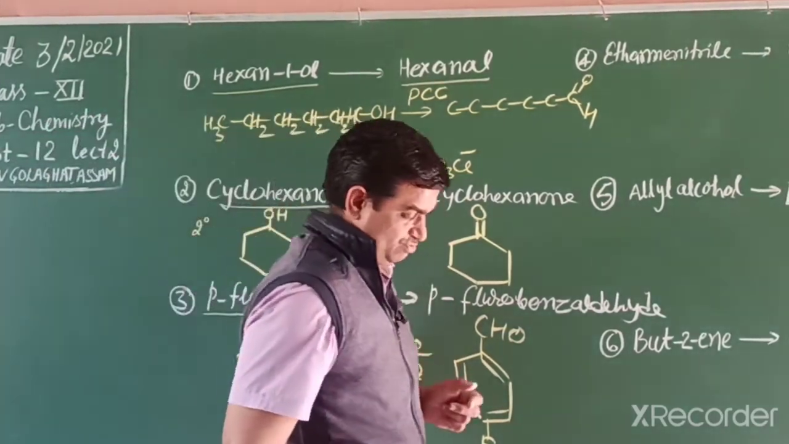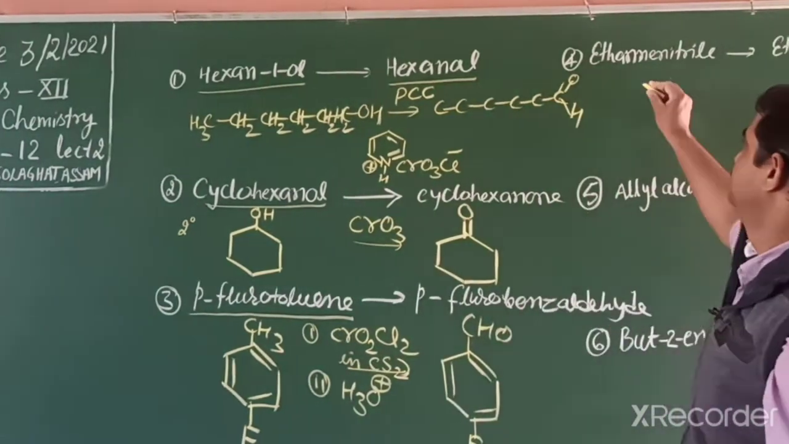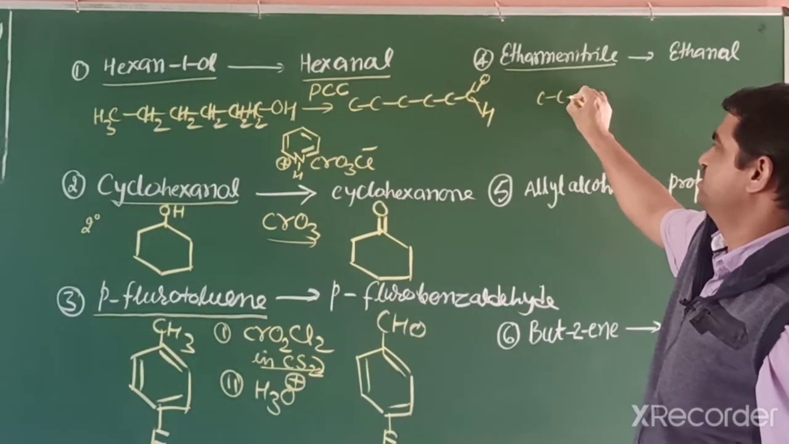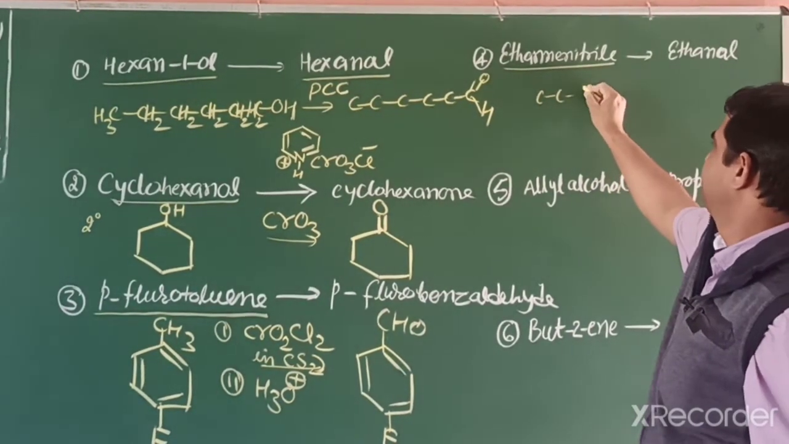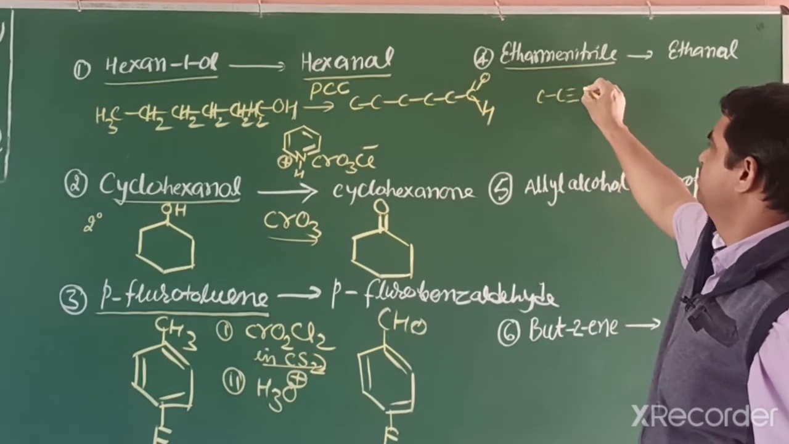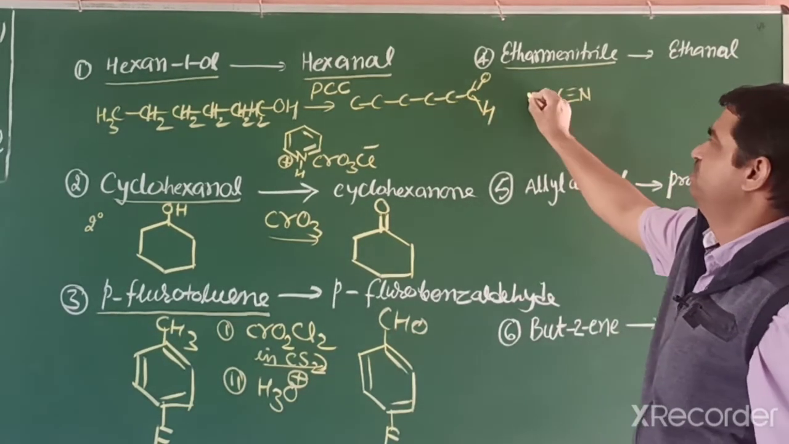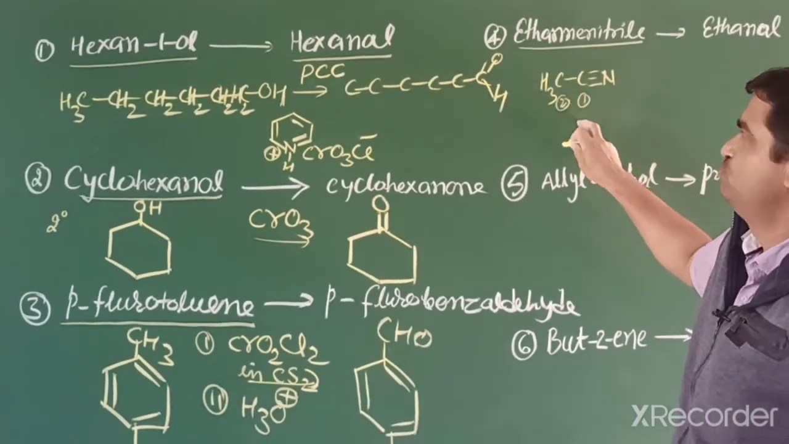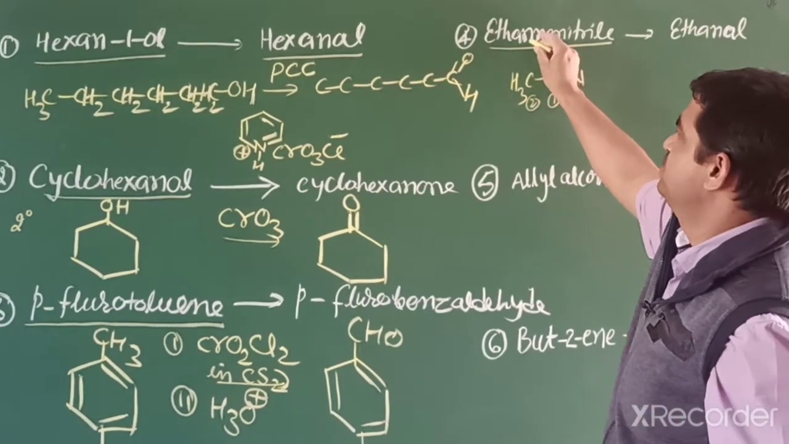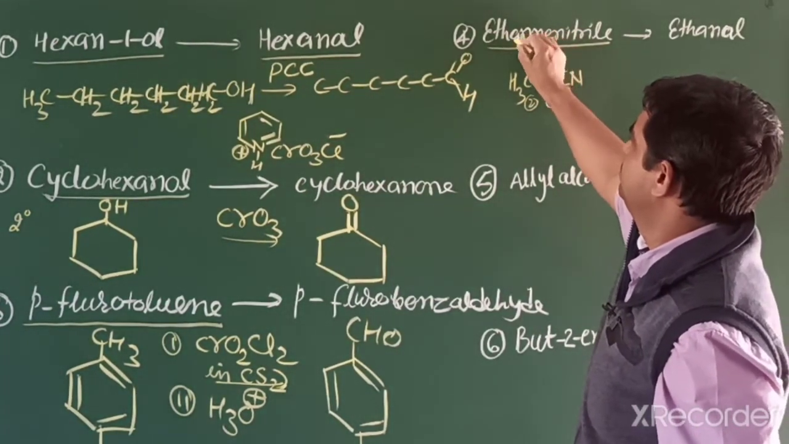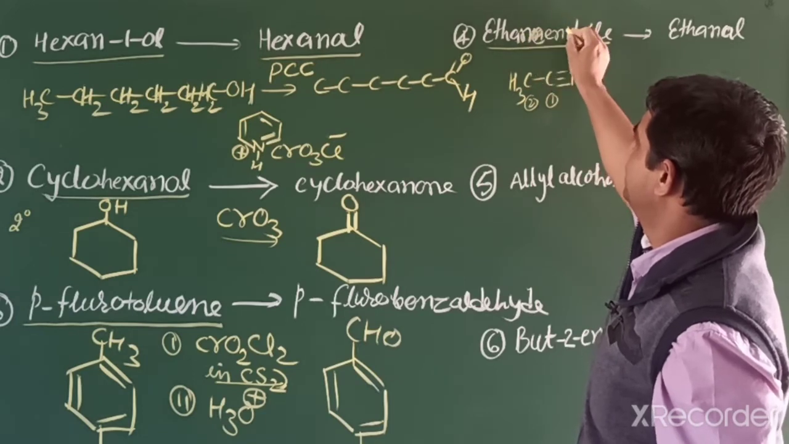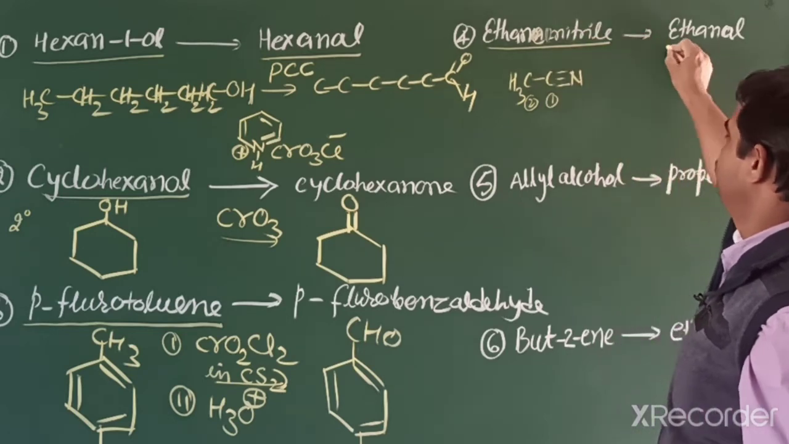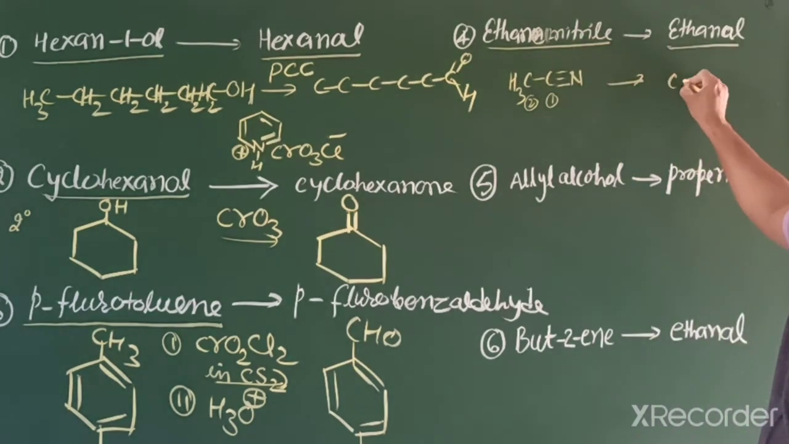In this fourth one, the conversion is of ethane nitrile. In ethane nitrile, first we write the structure. What is ethane nitrile? This one is ethane nitrile. Total 2 carbons, 1 and 2. 2 means eth, single bond, N, ethane nitrile. This ethane nitrile converts into ethanal. So ethanal, 2 carbons,